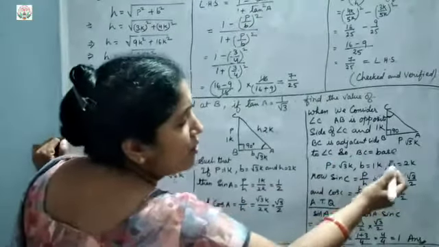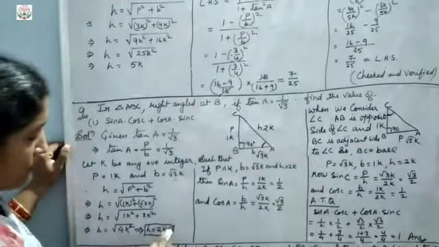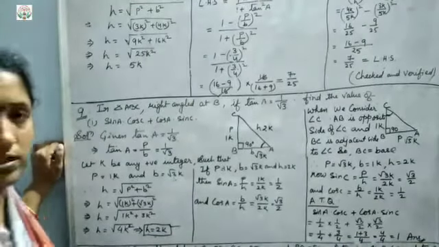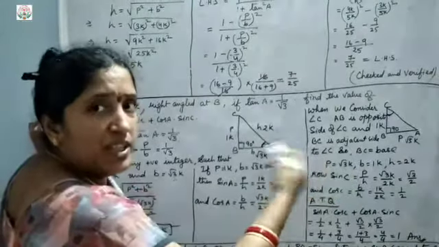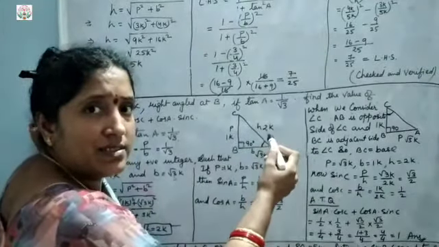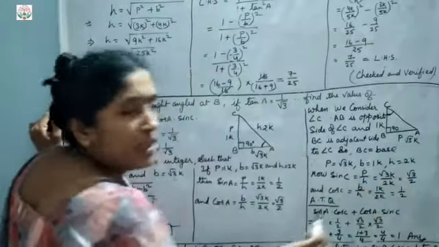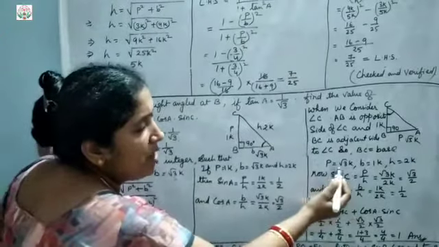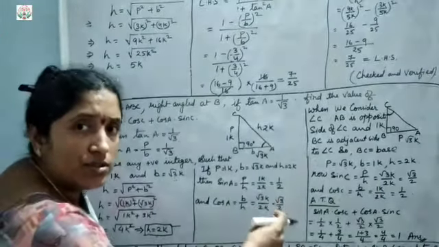Okay. And hypotenuse by Pythagoras theorem we already got. Right? By Pythagoras theorem we got H. The hypotenuse remains the same. Only P and B change when the angle changes. Clear? So now hypotenuse equals 2K. Now if P, B and H are known to us, can we find sin C and cos C?